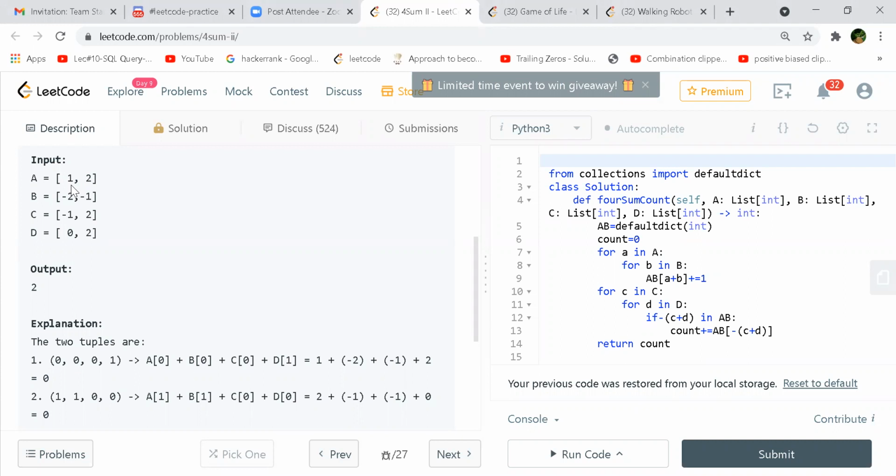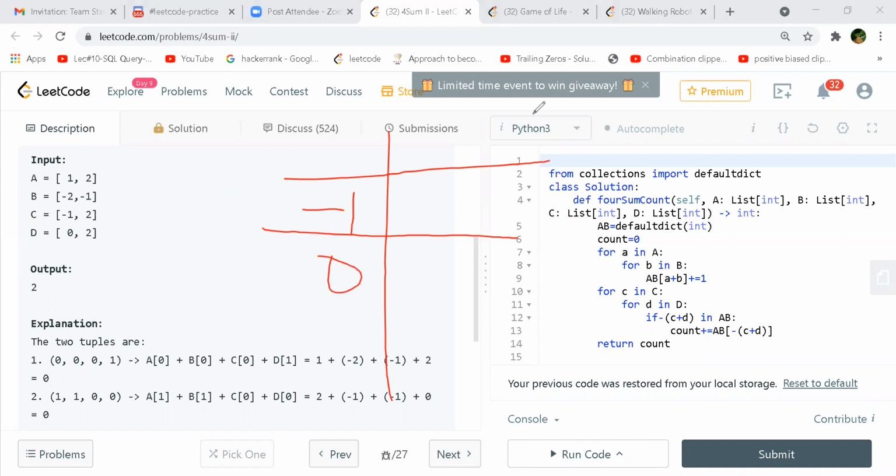So for every element in A, I'm taking a pair of arrays and creating all the possible sums. Let's do this route. So this will be minus one, and this will be zero, right? I'm taking these two first and these two, and then 2 minus 2. So this will be 2.